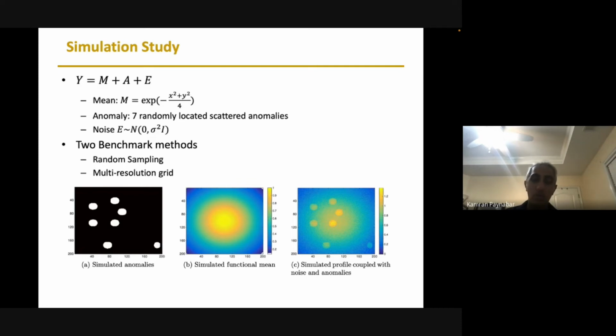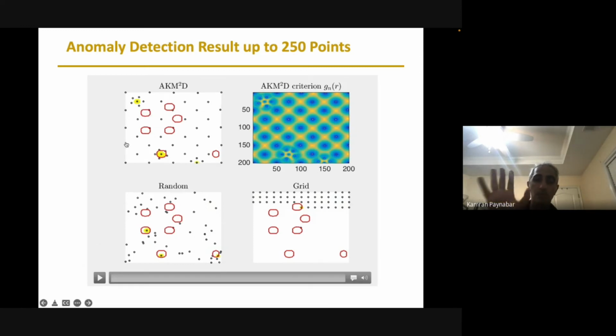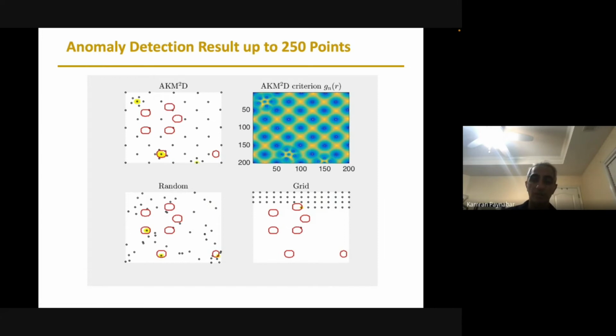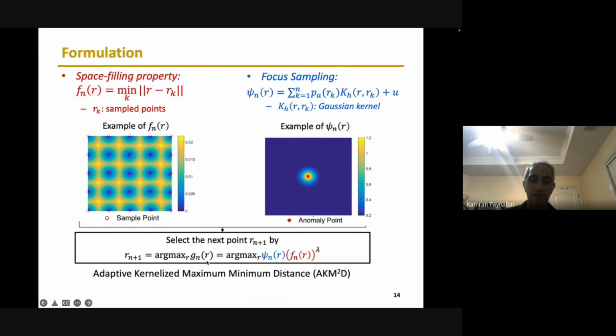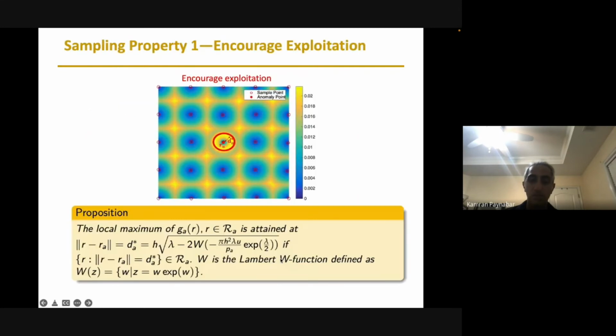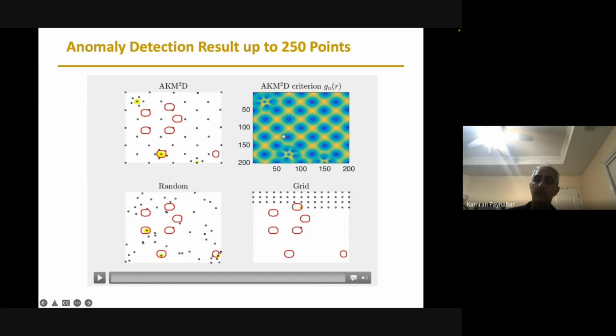Okay, so we want to compare our method with these two approaches. In this video, let me tell you what each panel talks about. This panel on the right is the value of the objective function that we want to maximize. If I go very quickly, that is the G function, the multiplication of these two components. So this right panel shows the value of the function, and each time we are picking the maximum, all right?